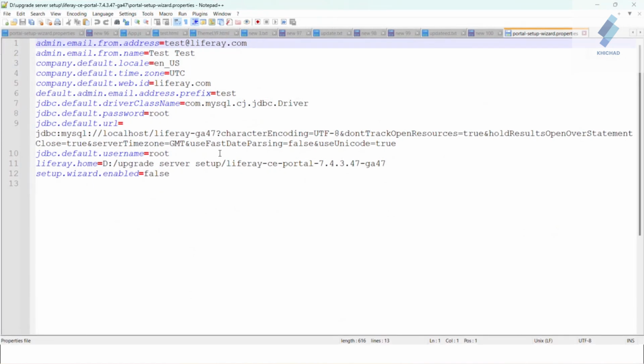And change the database name configured with the Liferay server. My database name is liferay GA100.